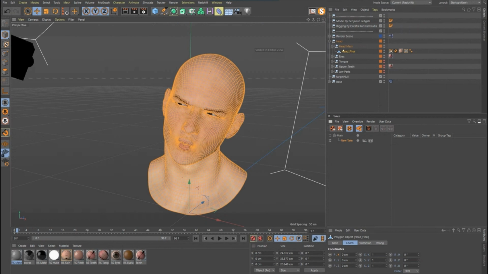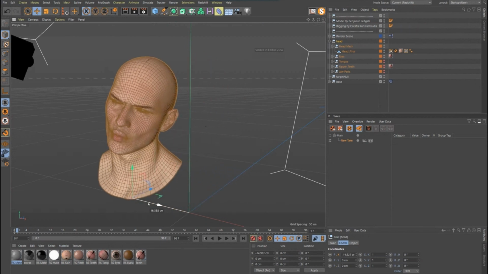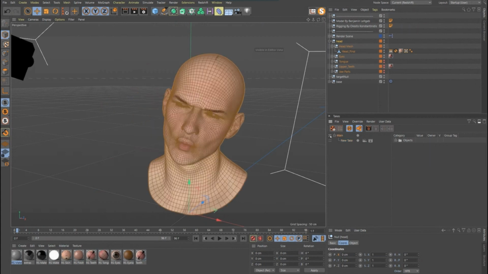And so what this will allow us to do is to grab our head mesh here, and you'll see all this stuff is turned blue, which means I can now move that. And that is now, since auto take is on, made an auto take. You'll also see our objects in here now have coordinates as takes. And if I went back to my main take, back in the middle.